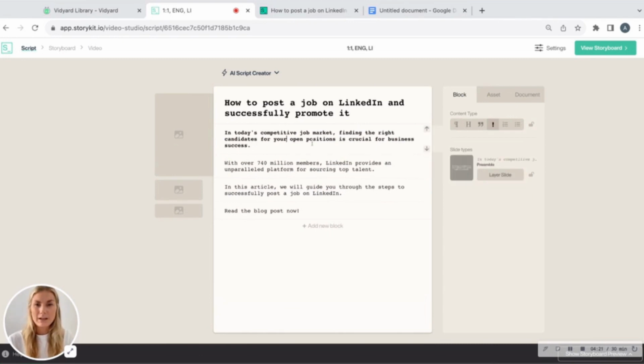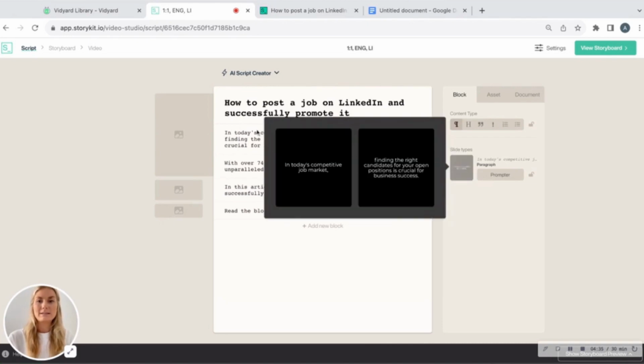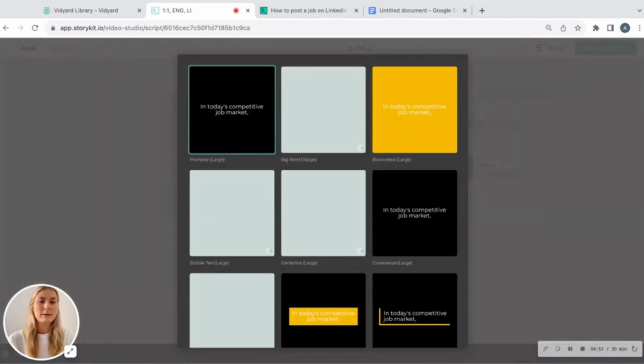But we still have quite a lot of text in this block, right? So let's go here where we have the comma sign and press enter one time. Then what we do is that we keep the text in the same block, but we split the text up into 2 different slides like this. But when choosing a slide type, we will still have the same slide type for the same sentence, which I usually recommend. So click on this button again